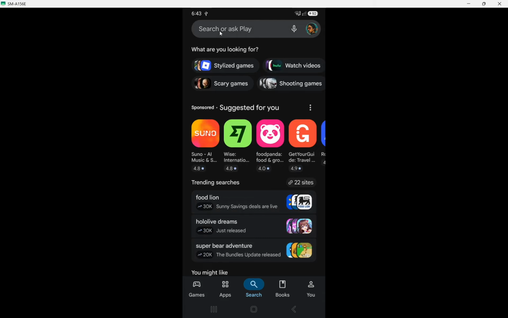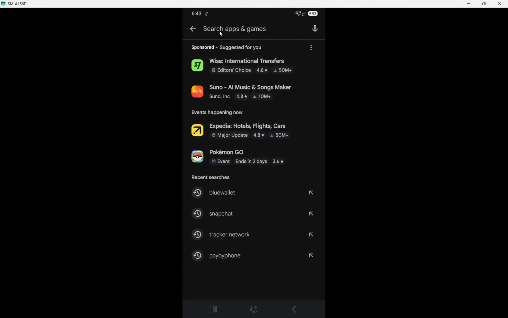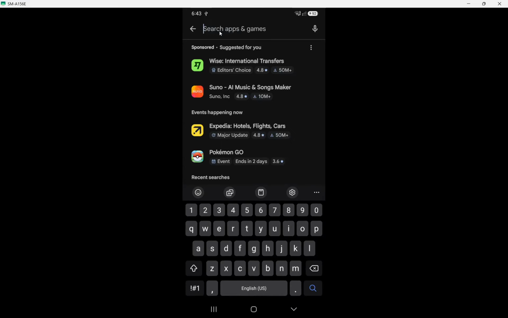To start, open the Google Play Store on your Android device. This is the app store specifically designed for Android users where you can find a wide range of applications. When you open it, you'll see various categories and featured apps on the home screen. It is an essential first step because the Google Play Store is the safest and most reliable way to download apps. From here, you can search for the wallet that best suits your needs.